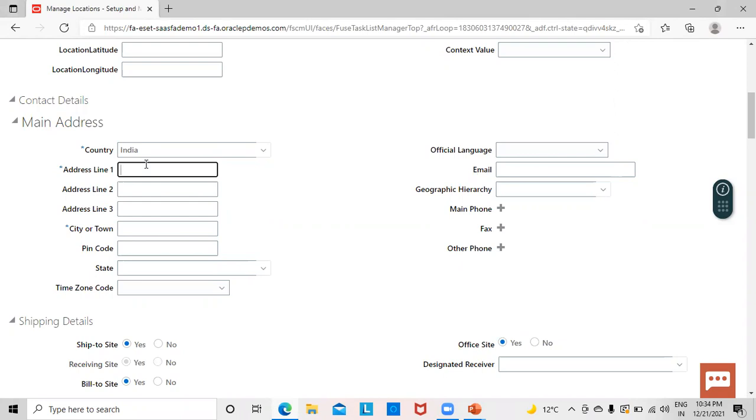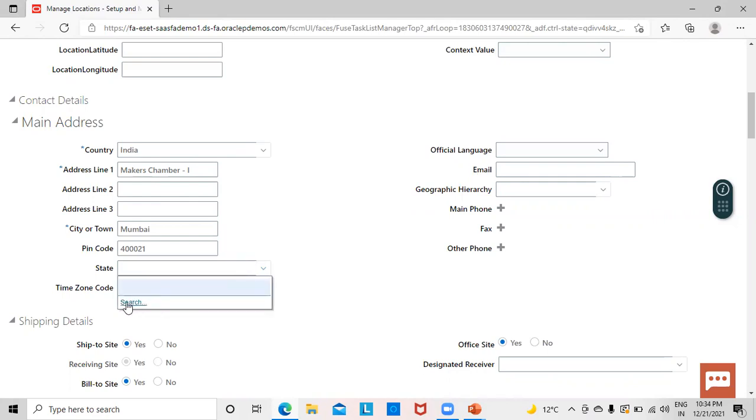So say I'll give the address line 1 as Makers Chamber 1, and city I'll select as Mumbai. Pin code I will enter as 40021.